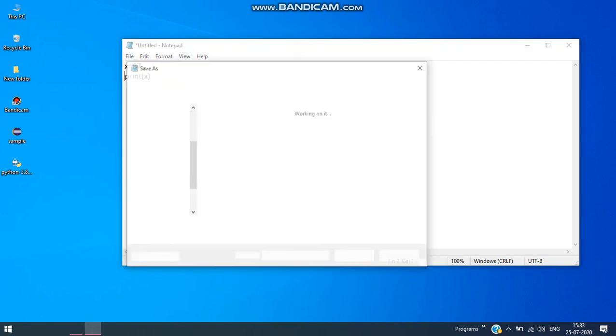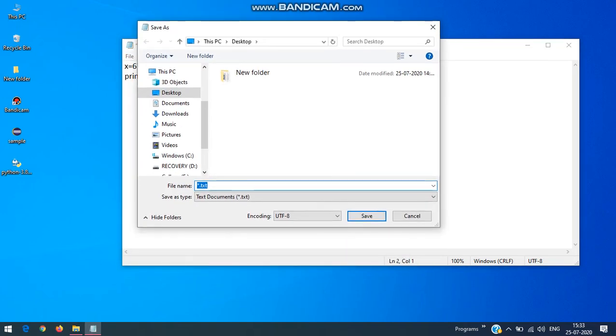While saving, you have to do it very carefully because we have to give the extension. If you want to store a program written in notepad as a Python program, start with a double quotation and give the file name first. I am giving the file name as first.py. The extension .py is the basic extension of all Python programs.